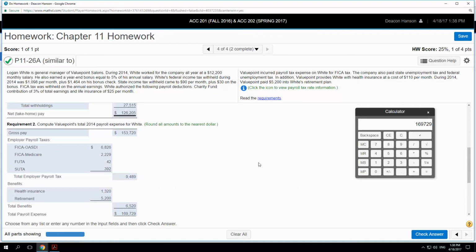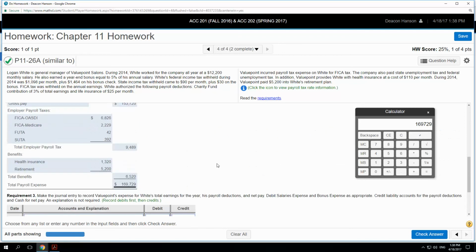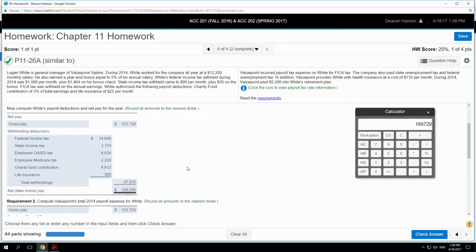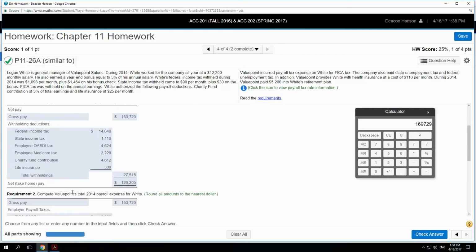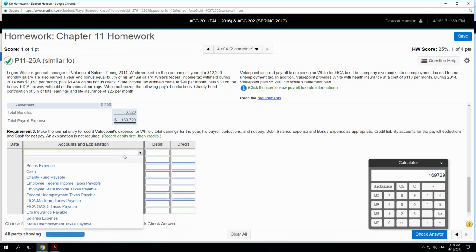Okay. Then we make the journal entry. They're only really asking for the paycheck entry. They're not asking for the taxes and the benefits, which would be separate entries. So we're going to take this information right here and turn that into a journal entry. Okay, so we got federal, state, OASDI, Medicare, charity, and life insurance. And then we got the gross pay. Okay. So we'll just lay it out. I think they want the bonus separately, okay? So we're going to go